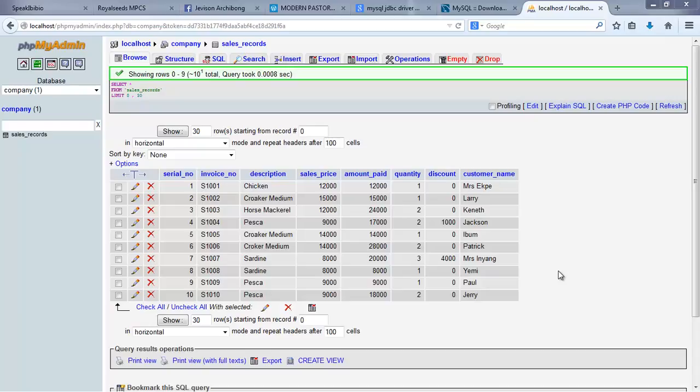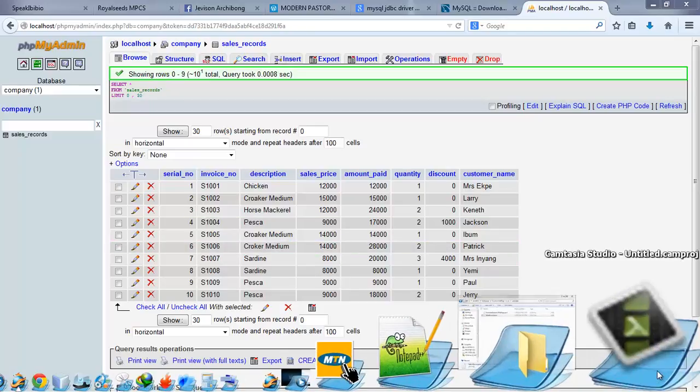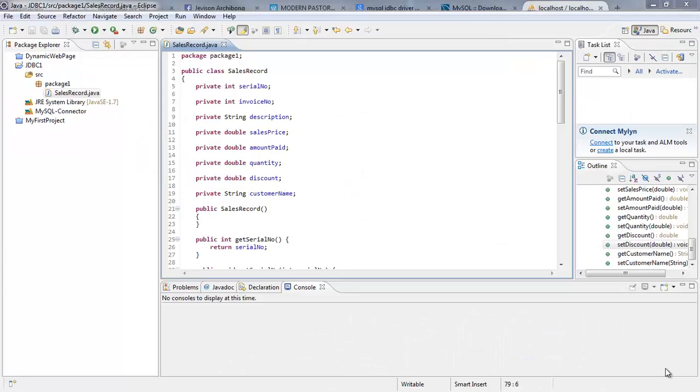All right, time to write the main programs now. Now what we're going to do is to query this table and get the records. Now I'm going to use the collections in the Java framework to get the records. So I'm going to create a new class,